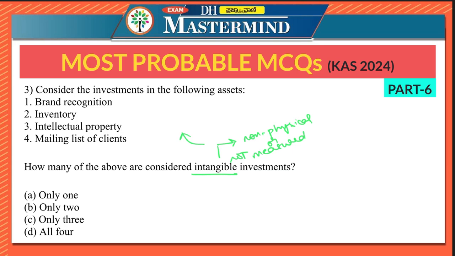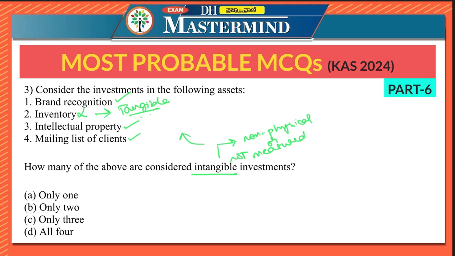So it becomes intangible. Can intellectual property be measured? No, it cannot be measured. Mailing list of clients is a non-physical asset. However, inventory can be measured. How many goods of this year are remaining? That forms inventory. Therefore, inventory is tangible. That is, it can be measured and it has physical existence. Therefore, inventory becomes a tangible investment while brand recognition, intellectual property and mailing list of clients are intangible or non-physical